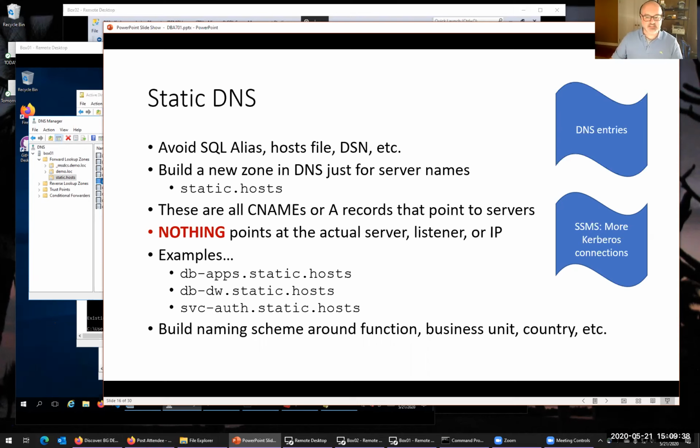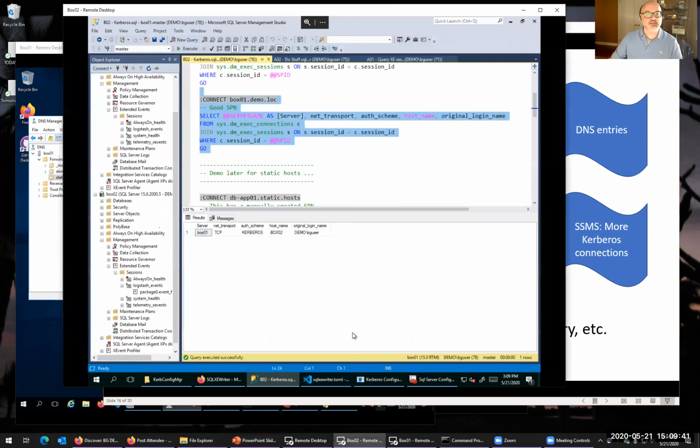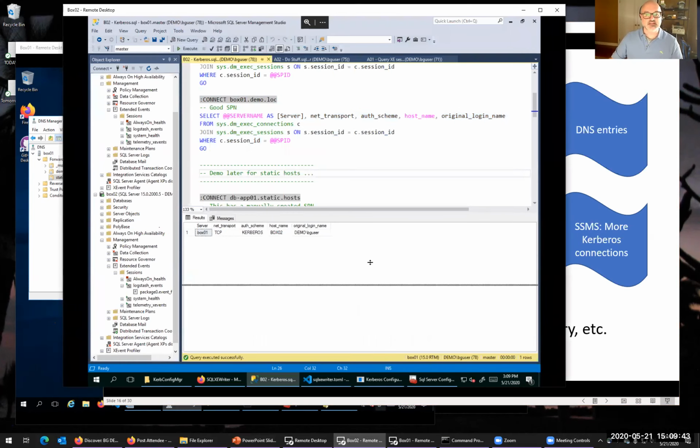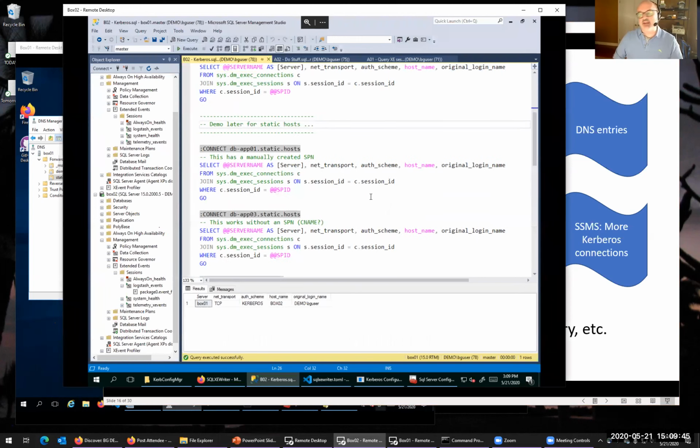Let's see, and the other thing I wanted to show you here was what this looks like connecting to SQL. And so keep in mind, if you want to get Kerberos entry configuration on this, you're going to have to manually configure these SPNs. SQL Server has no idea these names exist, so you're going to have to go create these on your own. So here's this APO1 that connects to BOXO1,